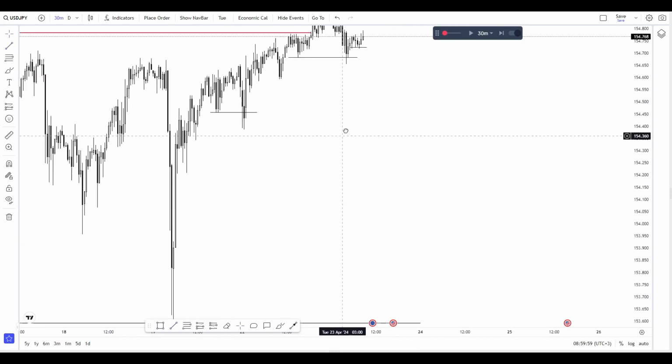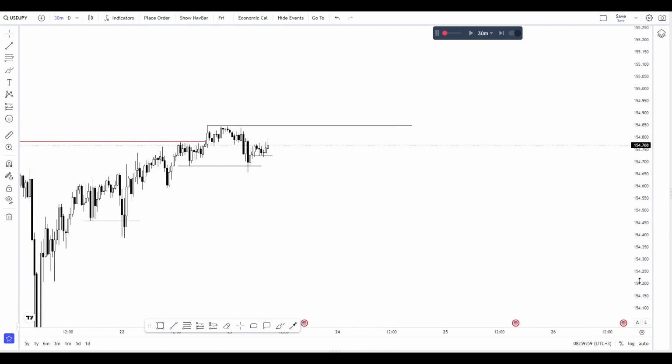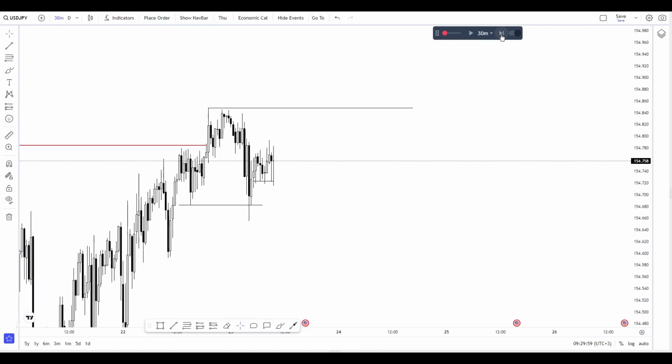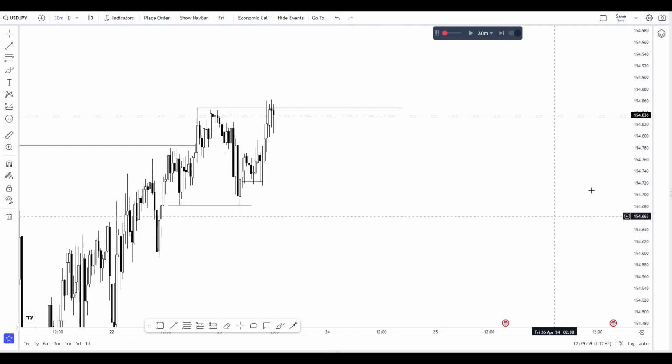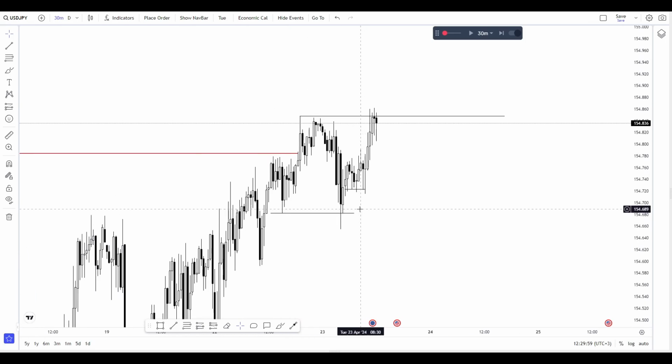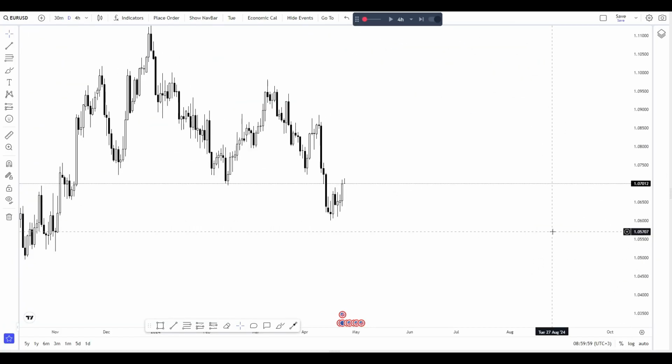And also I can see that my time frames are in synchronization. If you don't know what time frame synchronization is, then you should watch our video about time frame synchronization. I will also leave the links below. But because of all those factors that I mentioned, my bias was long and I was interested only in long positions. Alright guys, and now let's move to our second example.